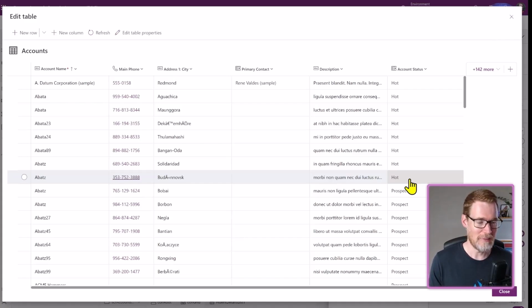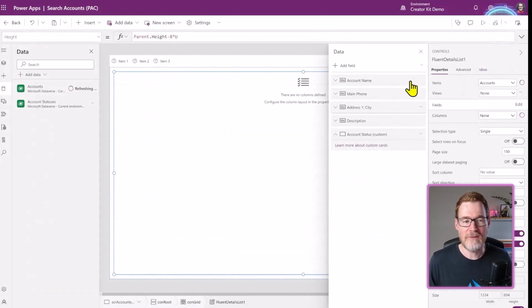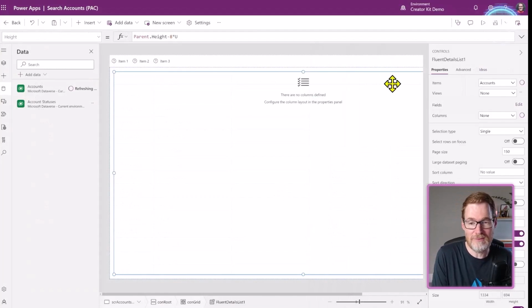So choices can be translated into multiple languages. There are some disadvantages to choices because there is some limited ability to sort, for example, on choices. So the choice column or the account status, it's going to be very similar in the overall effect here. And in fact, as we progress through here, I'm going to show you how you would use both choice and lookup filters. And we're going to do filtering on both of those different column types.